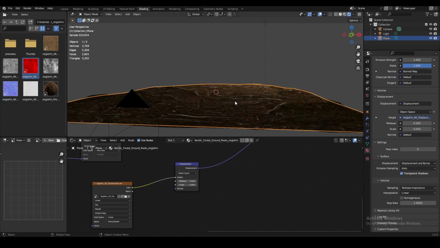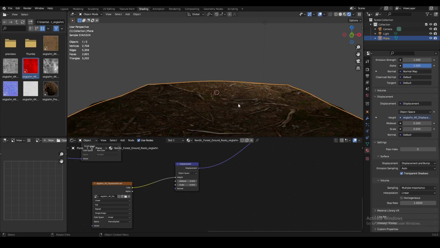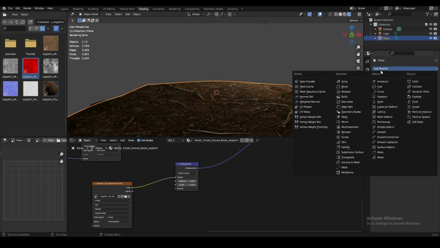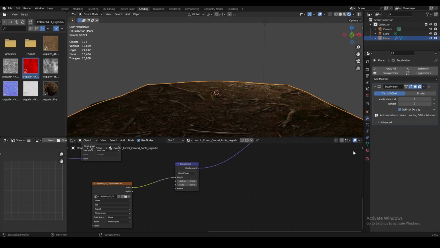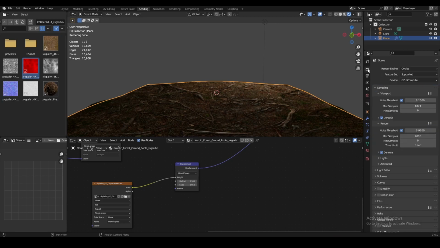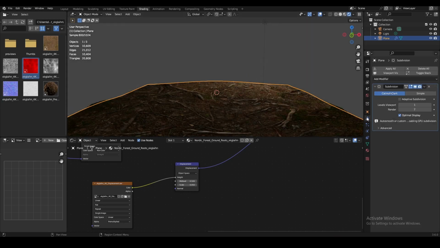To fix that at least a little bit, we can add a Subdivision Surface modifier. If we go to our Render tab and set the Feature Set to Experimental, we can go back to the modifiers and set